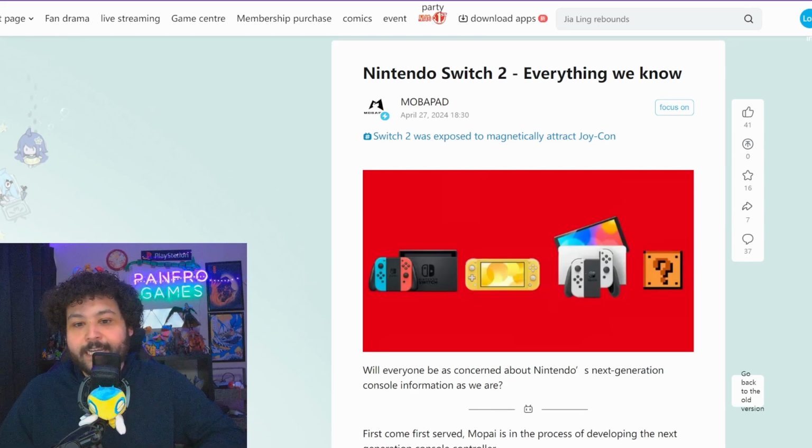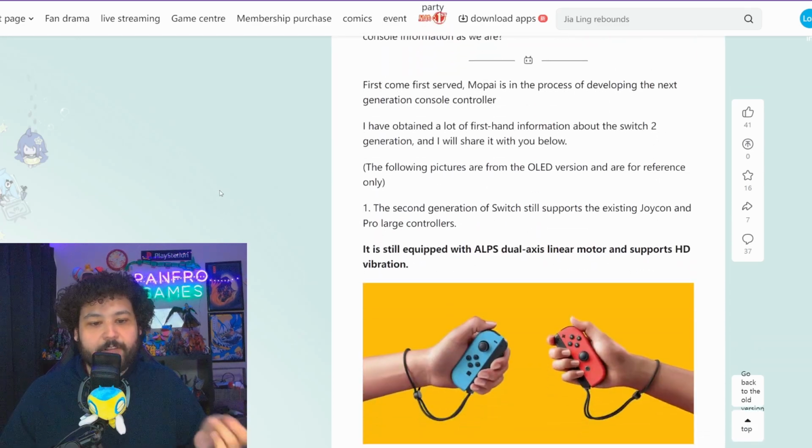So MobaPad here is a Chinese accessory, a Switch maker, essentially. They make a bunch of different accessories, a bunch of different technologies, but they currently do make accessories for the Nintendo Switch 1. So they're currently making accessories for the Nintendo Switch 2. And I'm reading this on a Chinese website being translated. And from it, we got a bunch of different things, not just the backwards compatibility, but a lot of other great